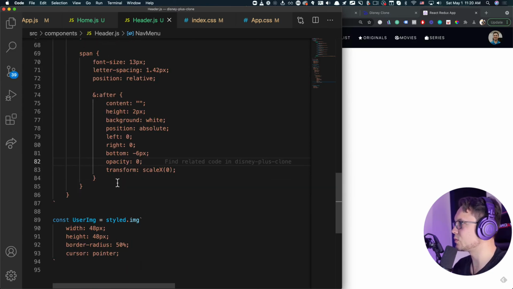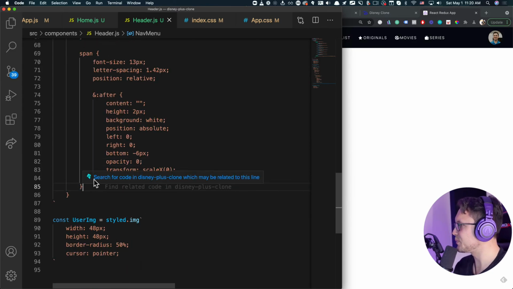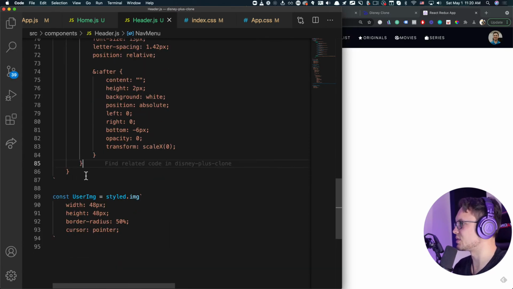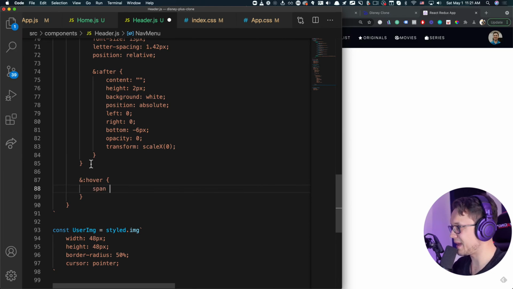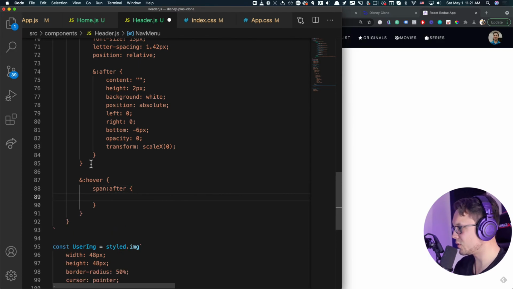And then, well, here's what we'll do. On the hover of the span, actually on the hover of the whole A tag, which is inside here, I'll do the following. We'll say hover. Boom, voila. All right, we'll do the span after, and on the hover of this span after, we'll say transform